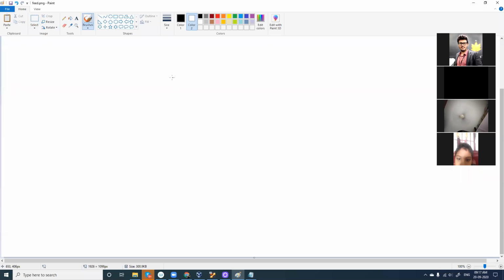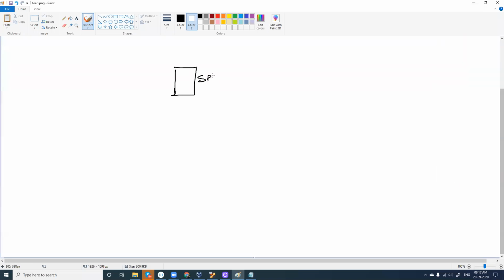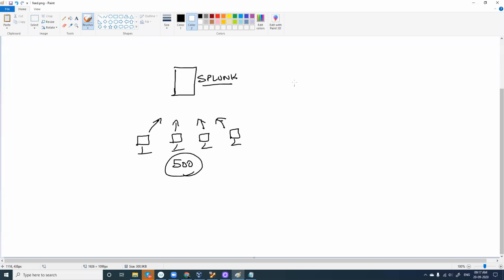Splunk, how does it work? I have installed Splunk here. And Splunk is going to monitor 500 computers' traffic. It is going to analyze all the 500 computers' traffic. All this traffic will be sent to the Splunk software. It is a free tool, but it has its own limitations. If you are using it free of cost, it will not consider how many days you are using, but it will have a per day limit. So per day you will have around 512 MB of data which can come from other devices.